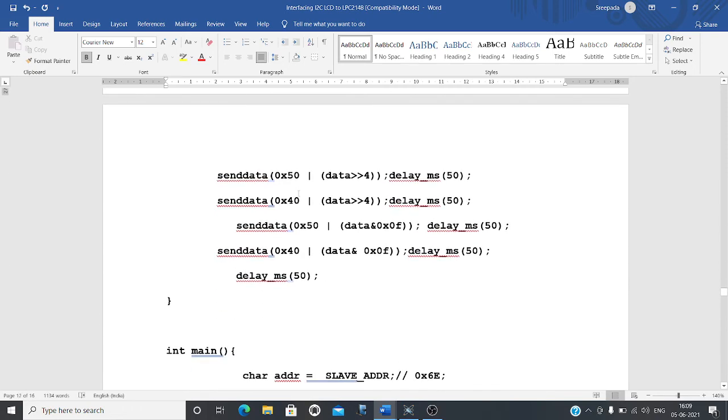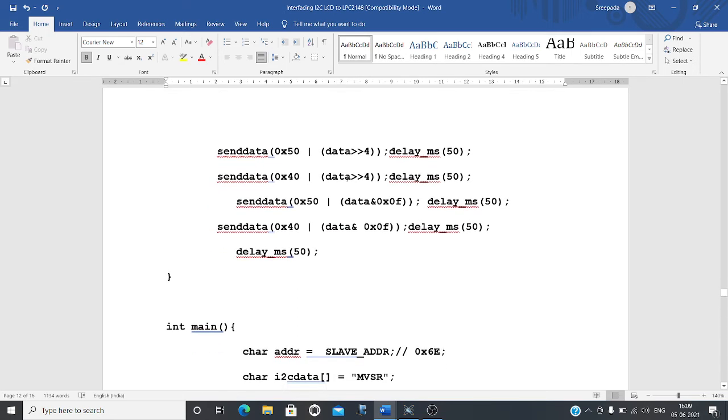By these two instructions you are enabling the LCD device by first sending the high pulse followed by the low pulse. 0x50 stands for high pulse, 0x40 stands for low pulse. See the complication with this 4-bit mode: by these two instructions you are sending just 4 bits of data, and another 4 bits you are sending with the next two.